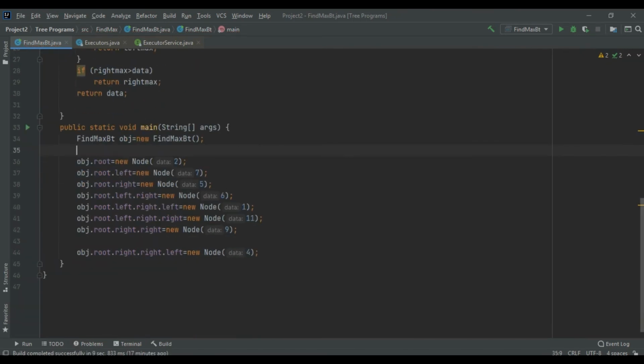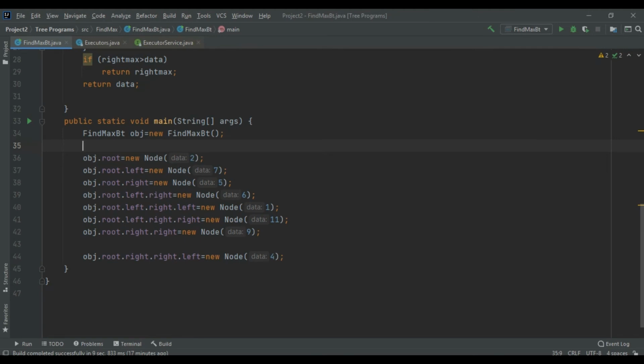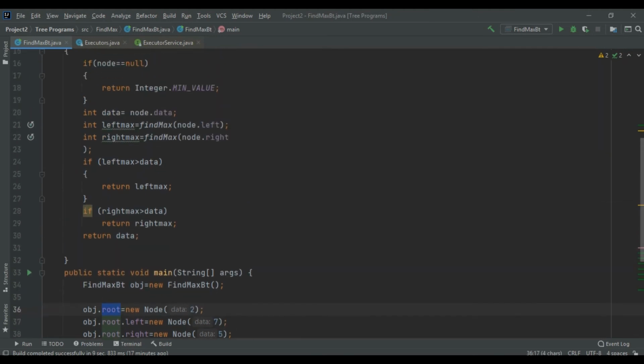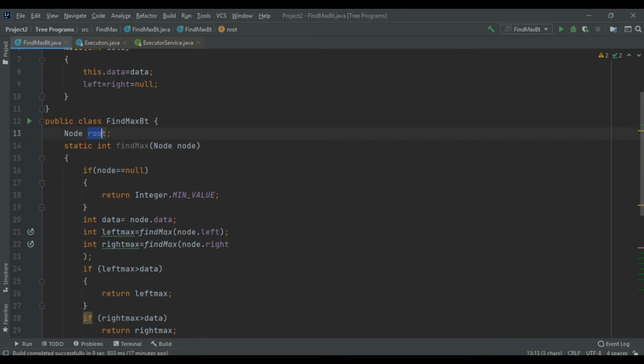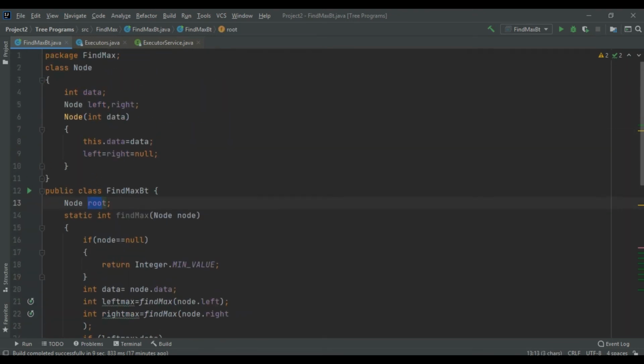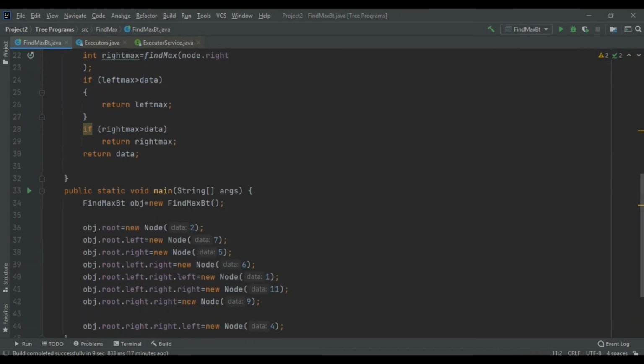See what has been done: the object has been created, and where did this root come from? Guys, this root came from here. It is a reference to this entire class. Your root now has data 2, and the left of this root contains data 7, and to its right is 5.